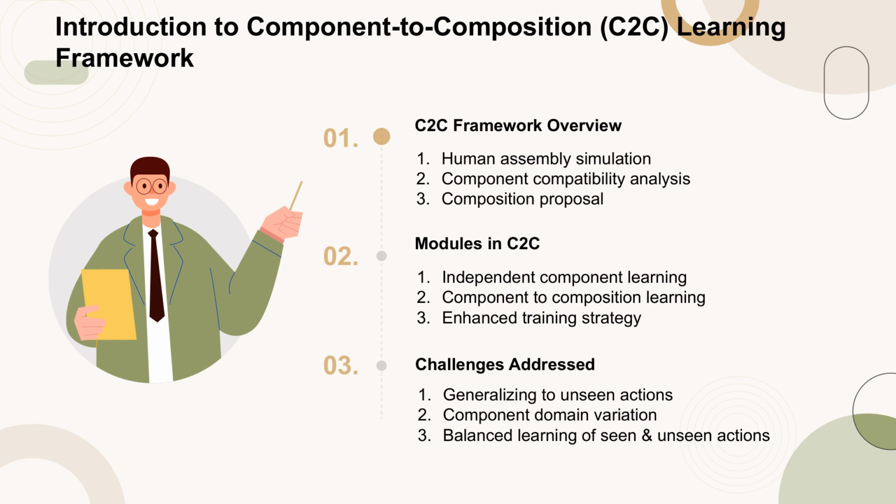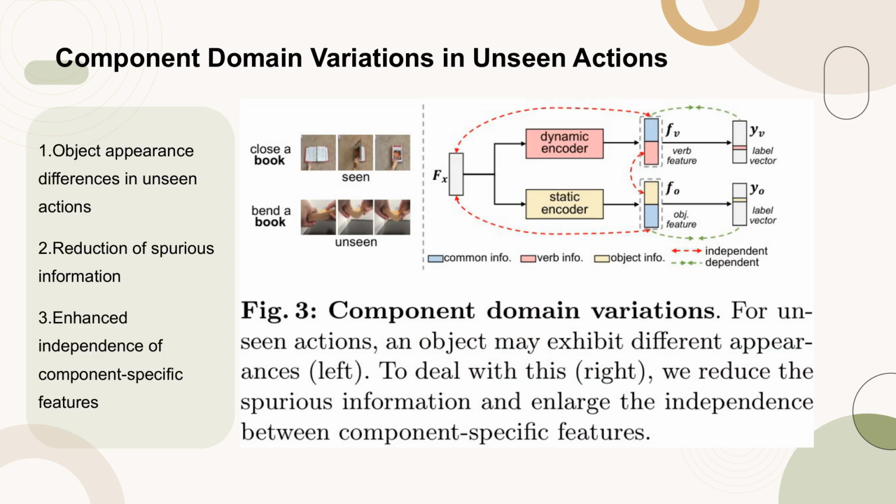Key challenges addressed by this framework include component domain variation and the need for balanced learning between seen and unseen actions. Figure 3 illustrates the challenge of component domain variations in unseen actions. On the left, it shows how an object like book can exhibit notable differences in appearance between actions like close a book and bend a book. On the right, it depicts the strategy to address this issue by reducing spurious information and increasing the independence between component-specific features. This approach helps the model to better handle the variations and dependencies that may confuse it when encountering